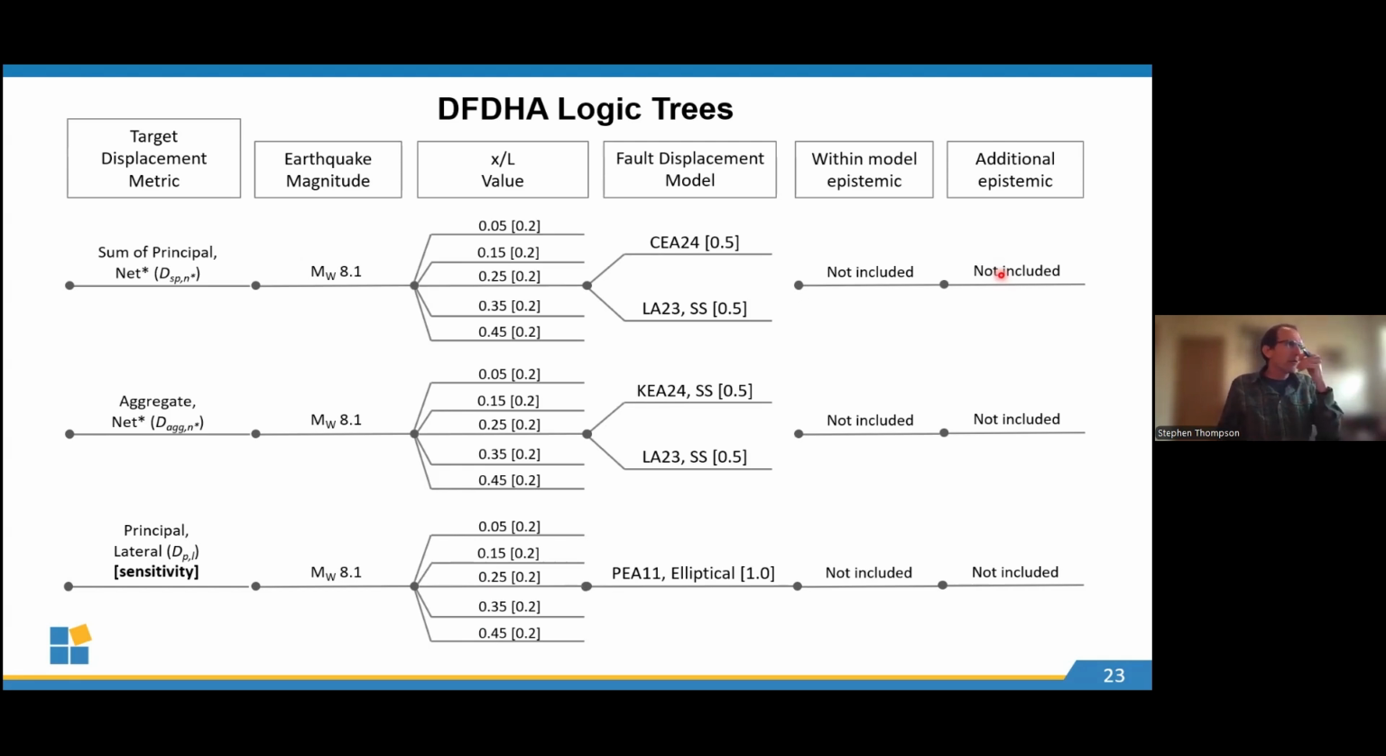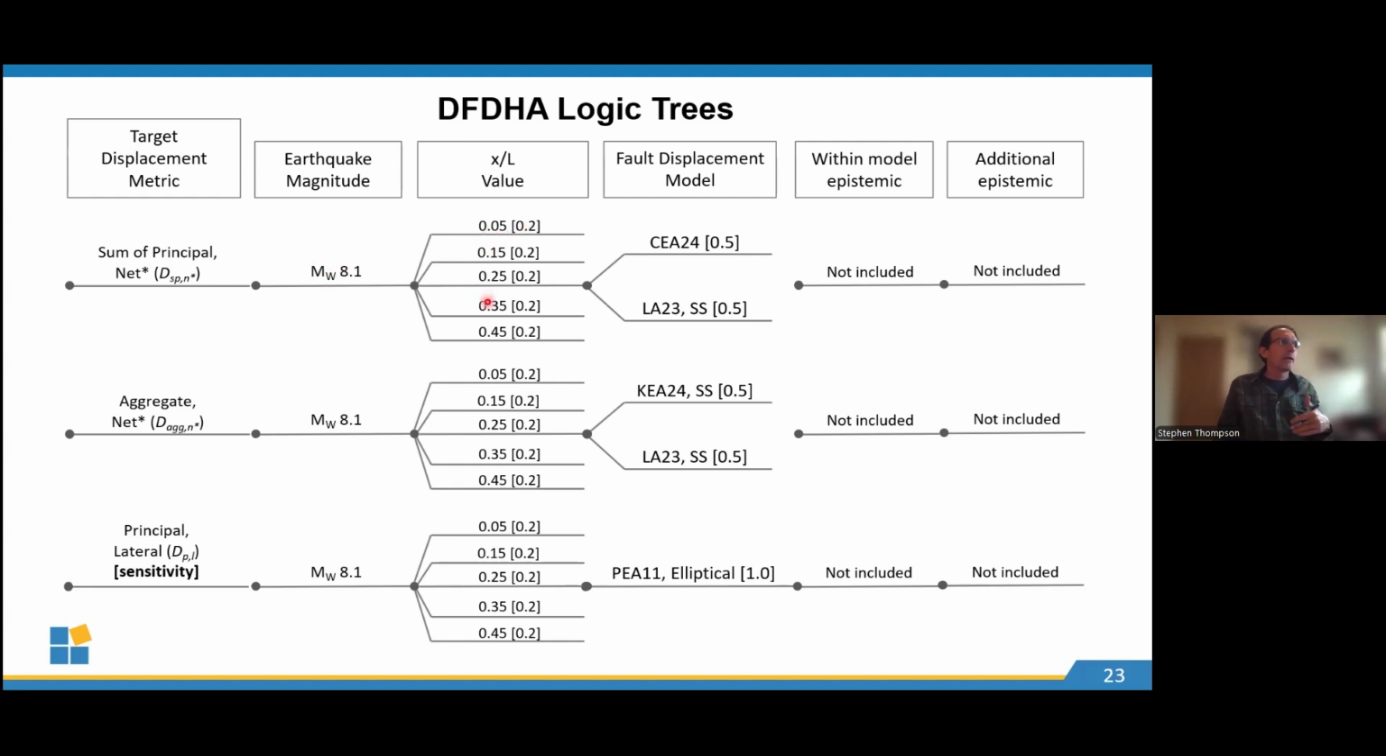What we can do now in the DFDHAs is look for different target displacement metrics based on our question. We can consider that deterministic earthquake magnitude. I'll show examples for a moment magnitude 8.1, which is just a tiny bit above the magnitude range of applicability that Alex just showed. Importantly,